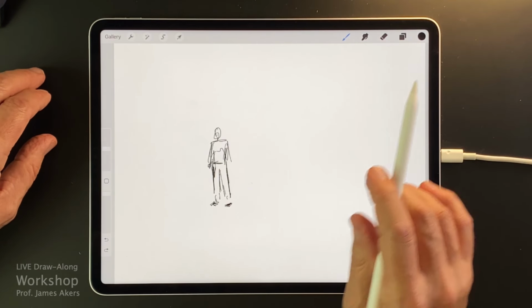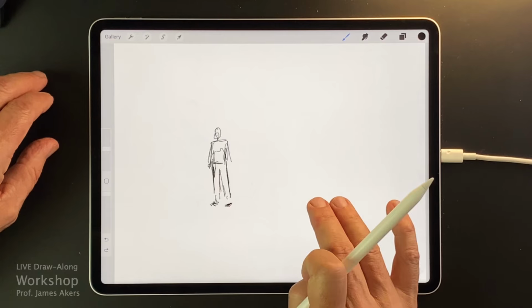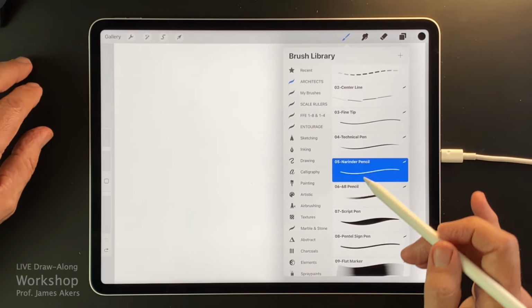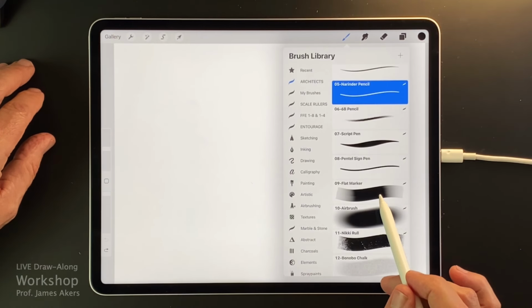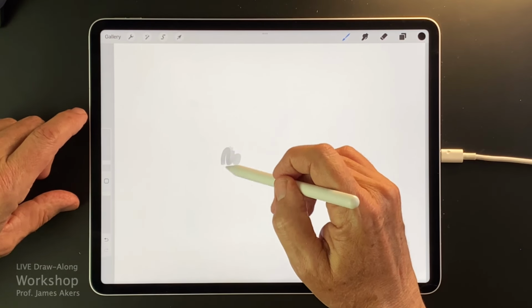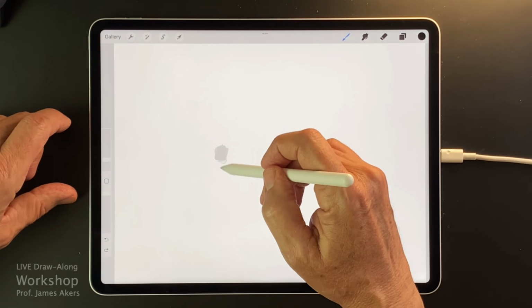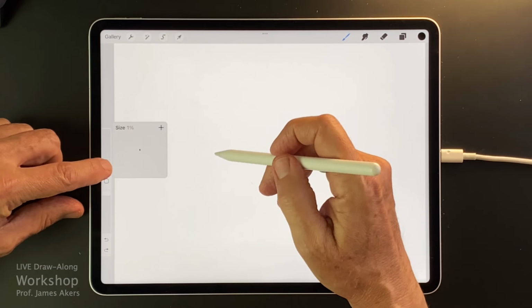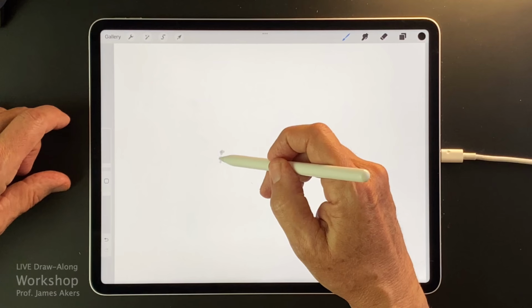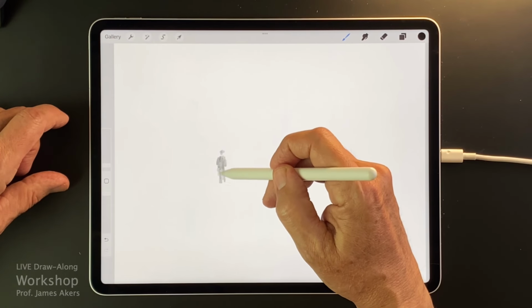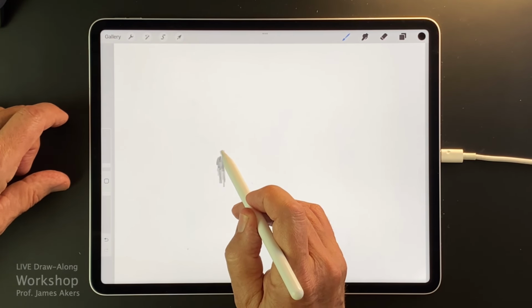And I give this as context because what I'm going to do, and I'm holding 2 fingers down to make this go all the way back to 0, is a lot of times for these kind of renderings, and when I go to a client, I'll use the flat marker first. This is really a strategy for sort of creating accidents, okay? And you'll see why in a moment, because I'm going to start with a person, and I'm just going to kind of put them in the middle of nowhere. You can see me still making choices, but that's just because I'm trying to make their proportions pretty good.